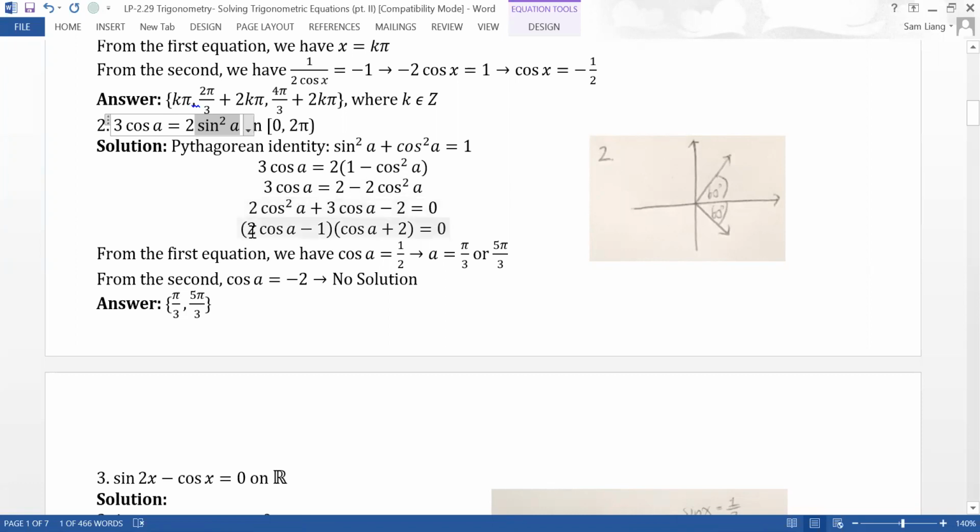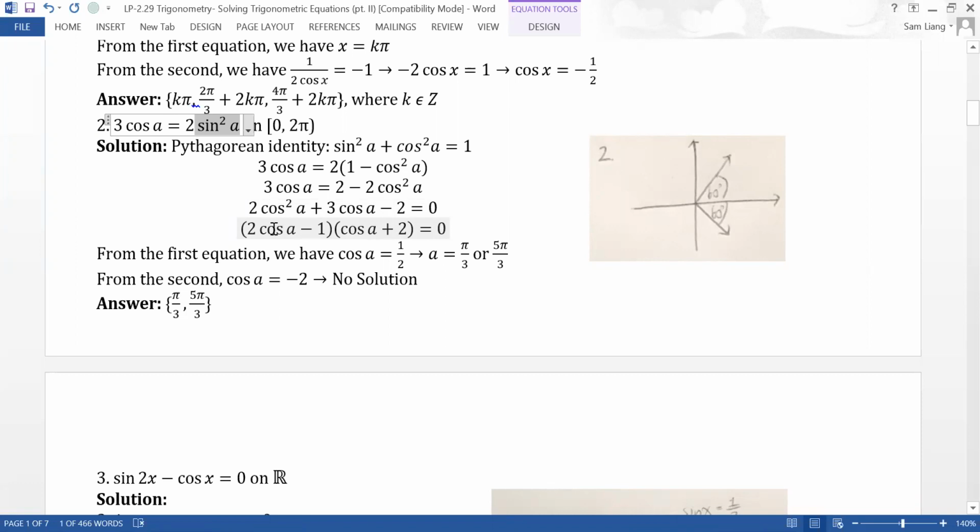So your factors are going to be 2 cosine A and cosine A, right? Because it has to be 2 cosine squared A. And then your other two numbers in the factored pairs, they have to multiply to -2, right? So it's going to be 1 and 2. And after a little guess and check, you can discern that it's going to be negative here and positive here,